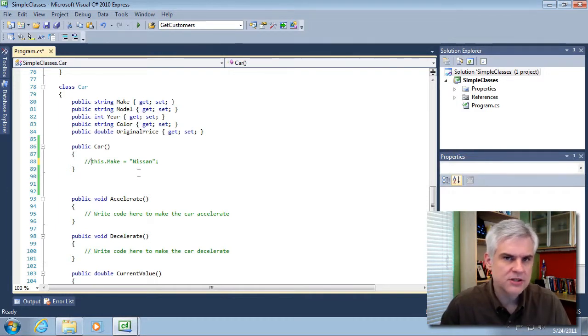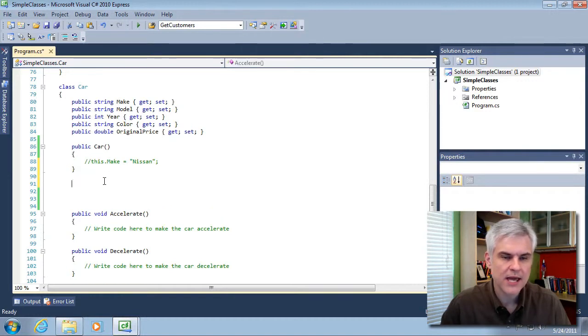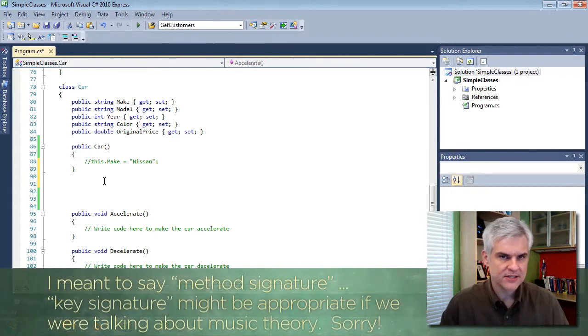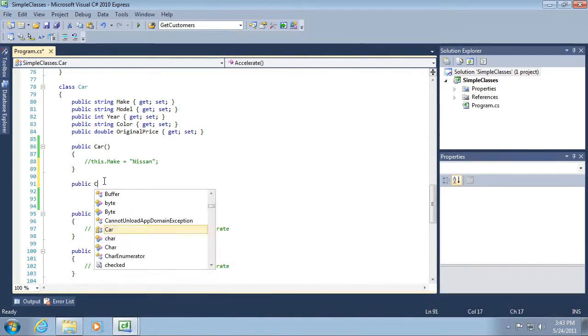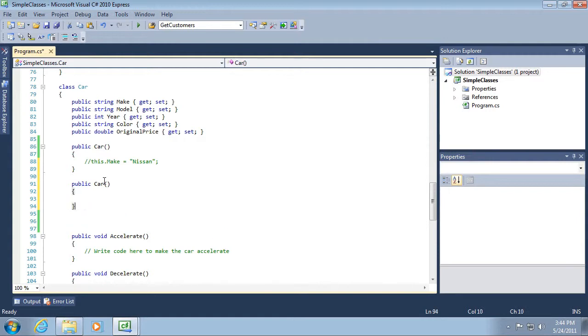Now there's another option as well, and what we can do is create an overloaded version of this constructor method. Recall from our discussion about helper methods that we can create more than one version of a single method by changing the method's signature. And to do that, what we'll do is this. So now it looks identical. To change its signature, I'm going to do this, and so